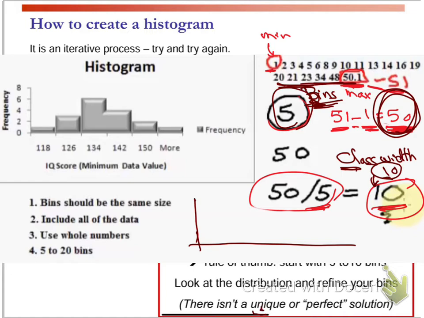So I start from here. The first point is 1. I can start from 0 and put 10, or I can start from 1 and put 11. So I can start 0, 10, 20, 30, 40, 50, but in this case I have 51, so I have to make another one, 60, okay? Or